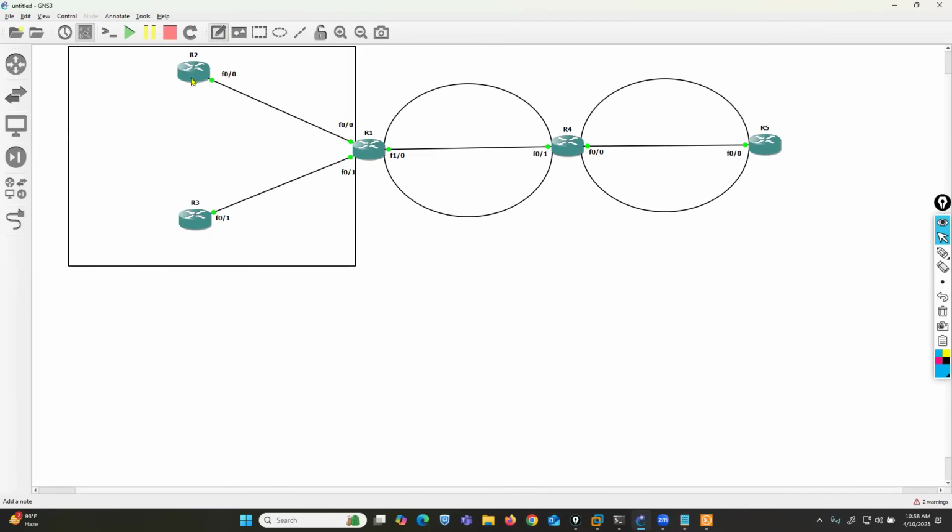So in this design, we have three areas: area 10, area 0, and area 20. The links are 10.1.12.0/24, 10.1.13.0/24,